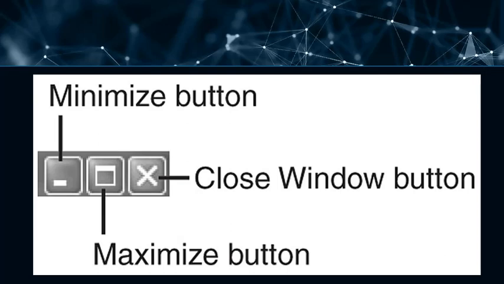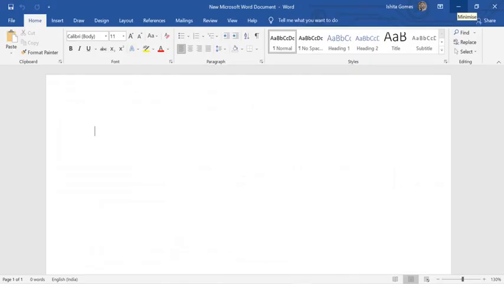The minimize button is used to pull down the screen. The maximize button is used to make the screen wide open. And the close button is used to close the window or the file which you are working on. Do you want to see how it is done? Here you can see my computer screen. I have opened a Word document. And in the top right hand corner, you can see the minimize button is highlighted because I have kept my pointer there. Now you know that we can move our pointer on our screen with our mouse.